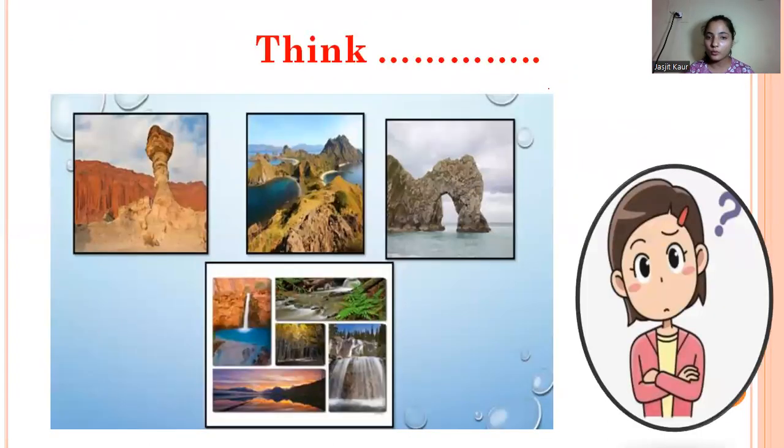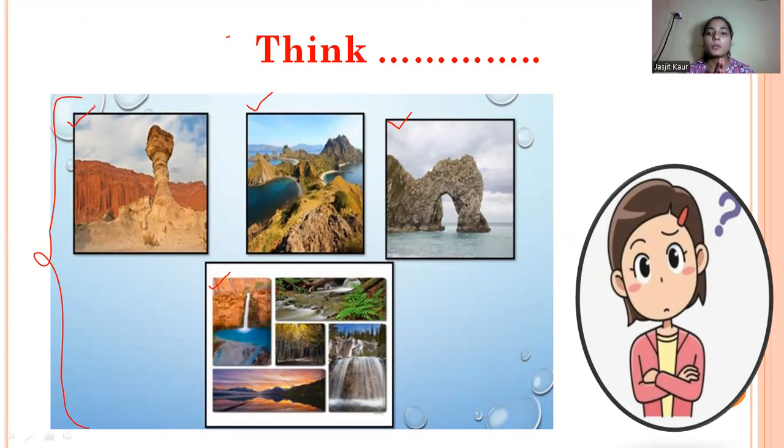Okay, so now as we have discussed the different landforms present in India, here I have pasted some pictures for you. You have to observe these pictures and tell me which different landforms are being shown here. Yes, mountains are there. Some kind of caves or oceans are there. Yes, waterfalls are there. Yes, and this is also a kind of structure.